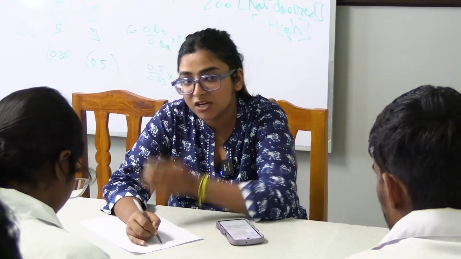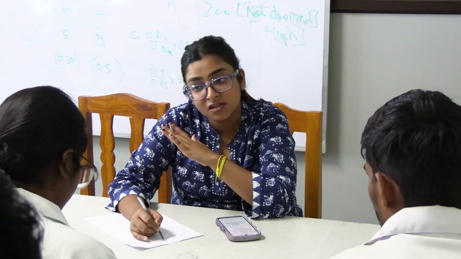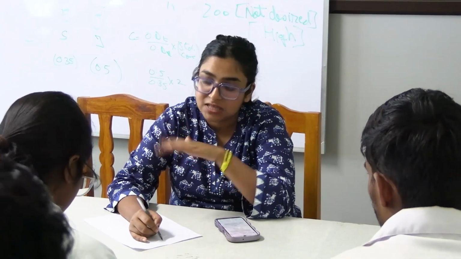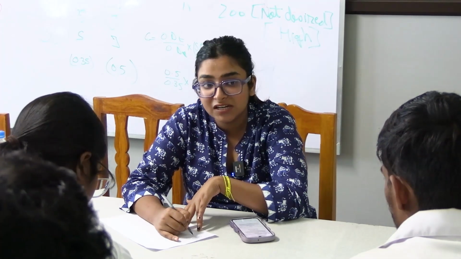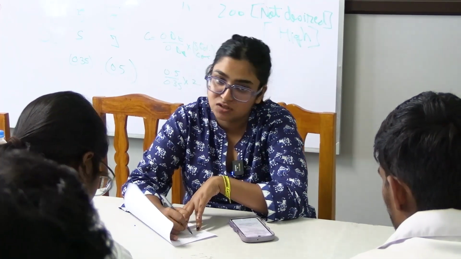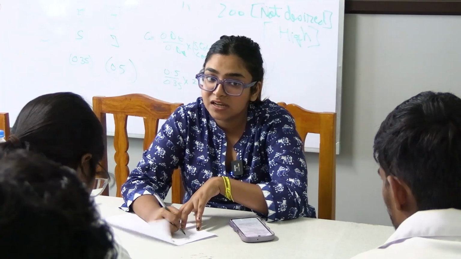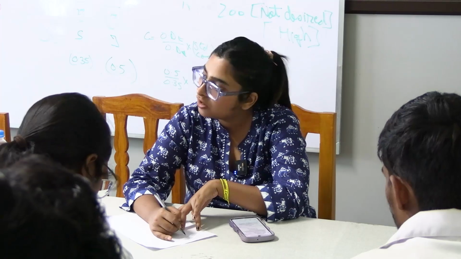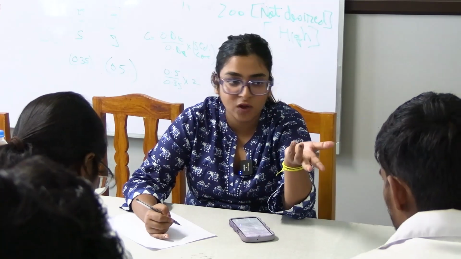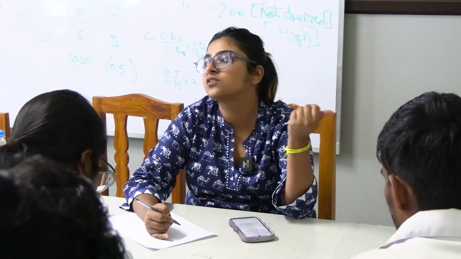If carbon dioxide gets increased in our body, it results in acidosis, right? If carbon dioxide, which is acidic in nature, gets lowered in our body, what will it result into? Alkalosis. If bicarb, which is basic in nature, gets increased in our body, what will it result into? Alkalosis. If bicarb, which is basic in nature, gets decreased in our body, what will it result into? Acidosis. Clear, all of you? Now you know everything about the ABG, you can see and diagnose the case right now,